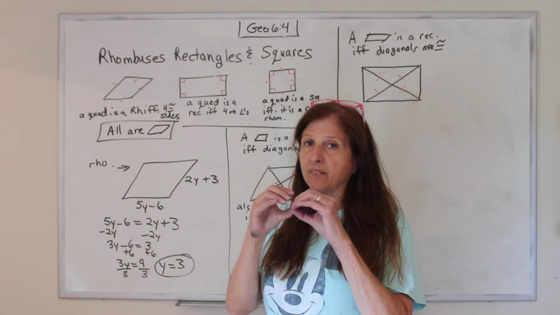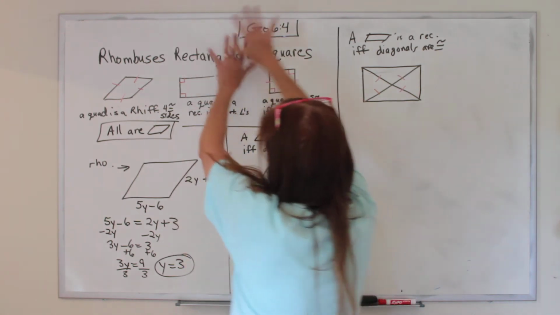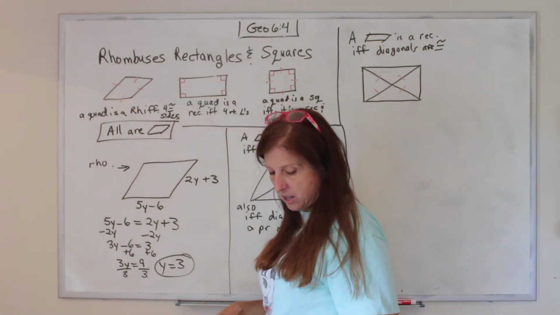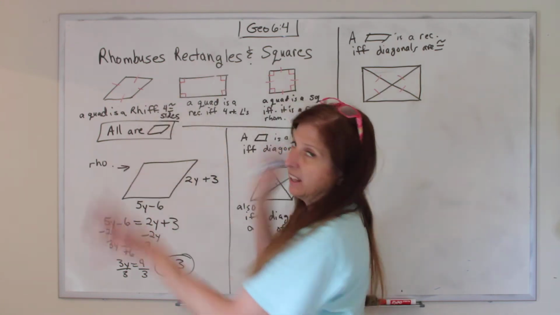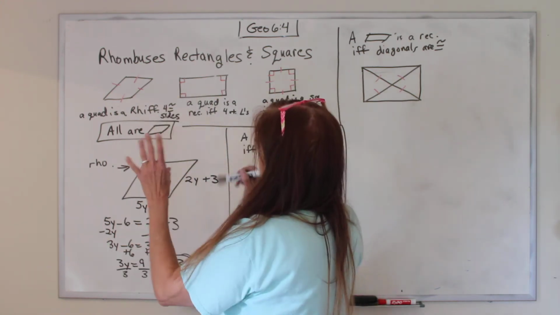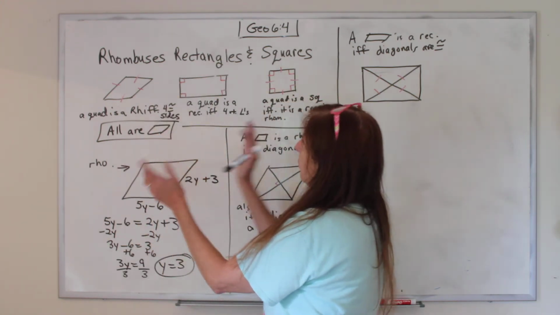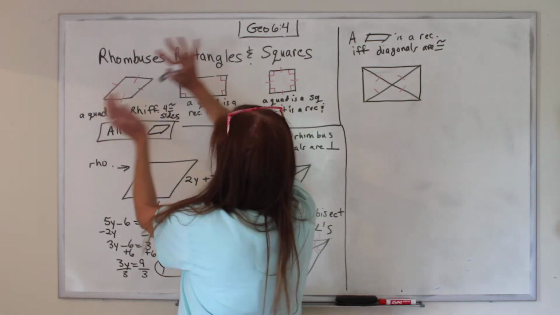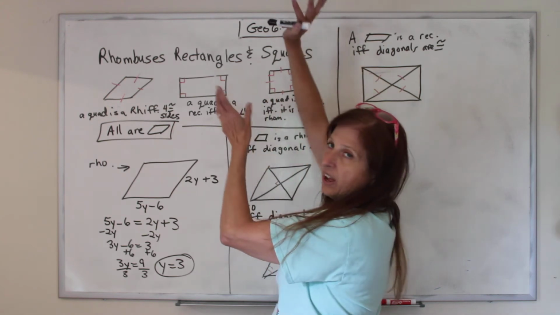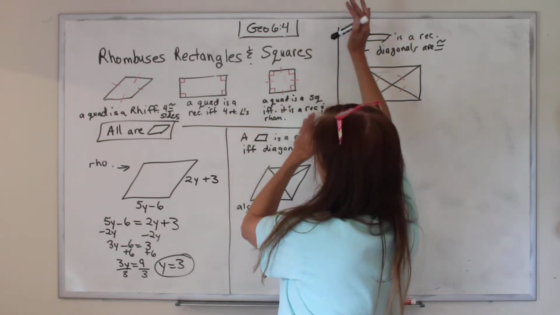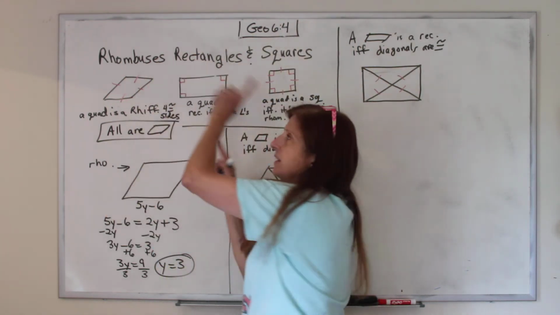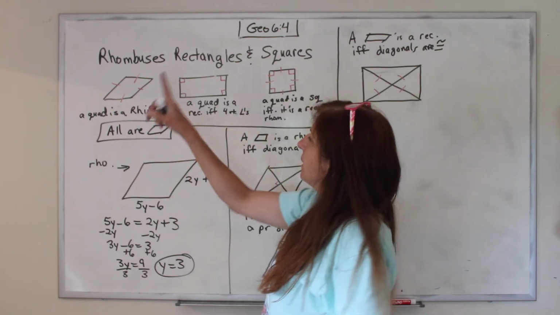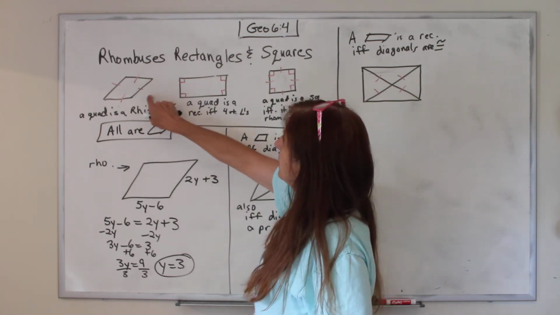So in your book, they have a Venn diagram. And out here, they have all the parallelograms that could be anything. And then in the Venn diagram, they have ones that have four equal sides, or rhombuses, and then on the other side, ones that have four right angles, or rectangles. And in the middle of the Venn diagram is the square,